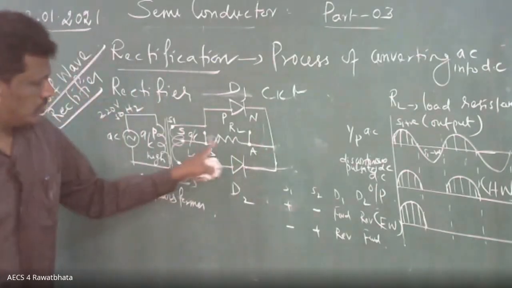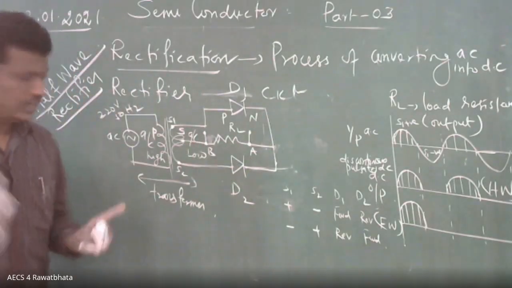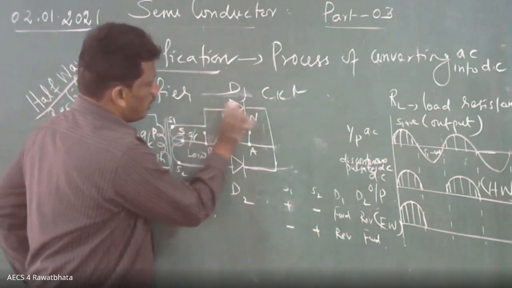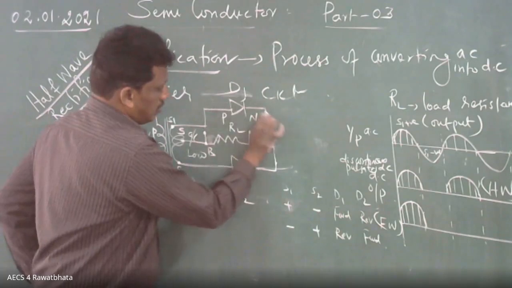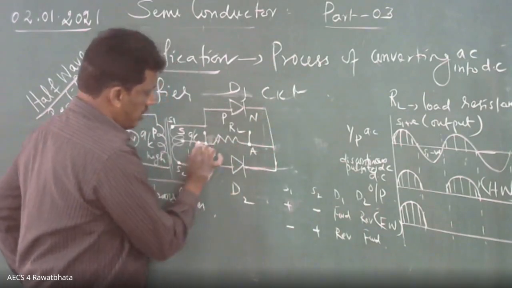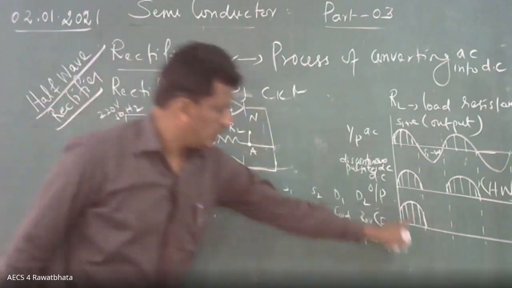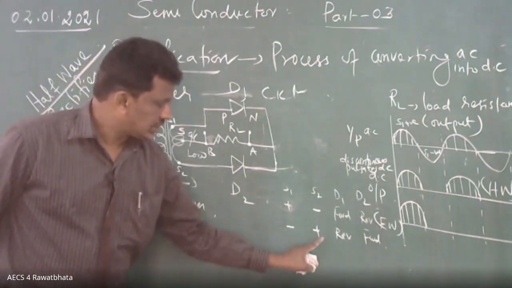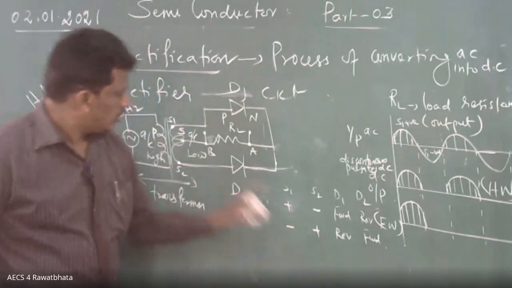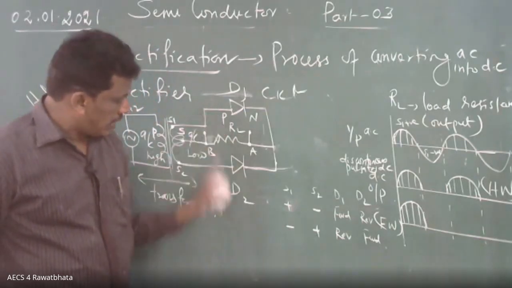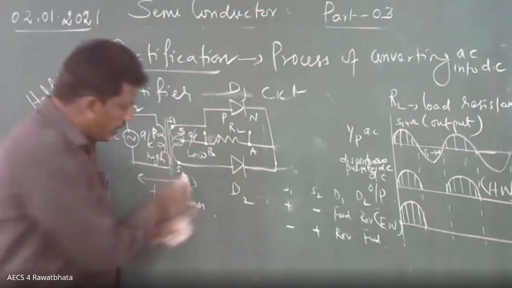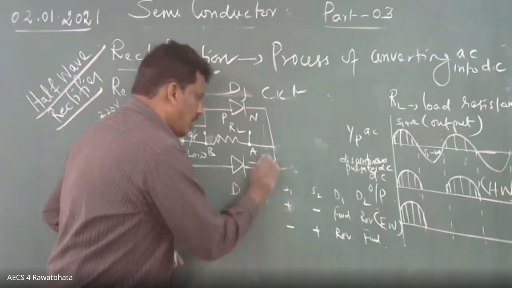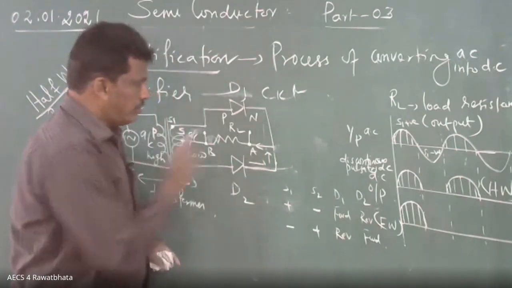Nothing is that simple. Instead of putting it here, I put it here. Listen. Suppose what will happen? Yes, first case. Current will flow through D1. So here, where is it coming? A to B. So A to B, you got the output here. Next case, S1 negative, S2 positive. So this will be reverse bias, this will be forward bias. Now the current through this, see, current, enter. Previously what happened?